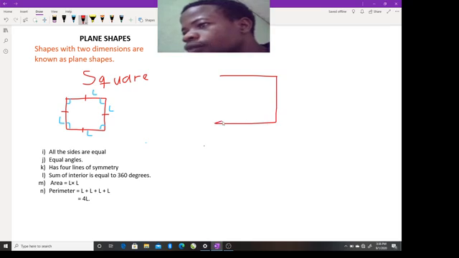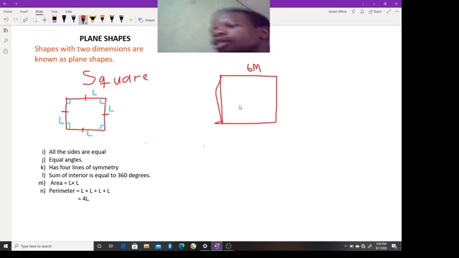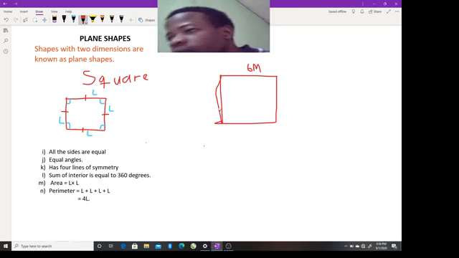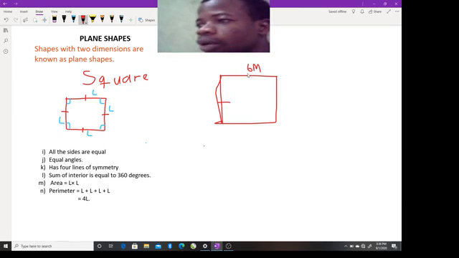It's going to be of equal dimensions. Sorry about that. So let's say this is 6 meters. Easily, I can calculate the area of this square without anybody telling me, provided I see a symbol that goes this way. This is telling me that all the sides are equal. So my area